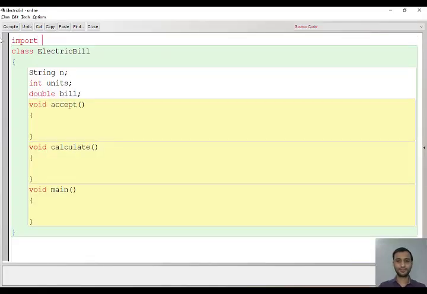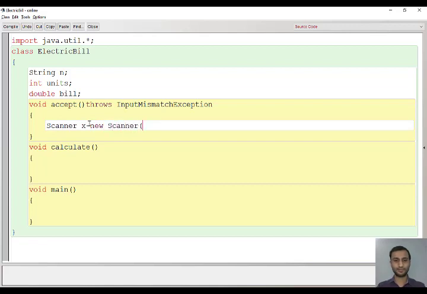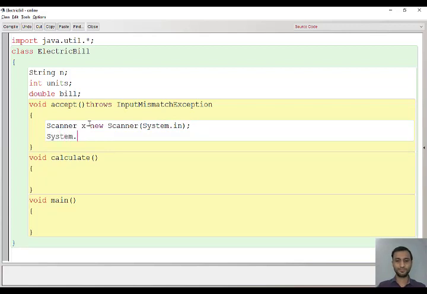Let us use scanner, always preferable to use scanner, util dot asterisk. Then we'll write the throws input mismatch exception, and we'll take the input. Before that, you have to write the scanner line, and then the print statement, enter customers name and units